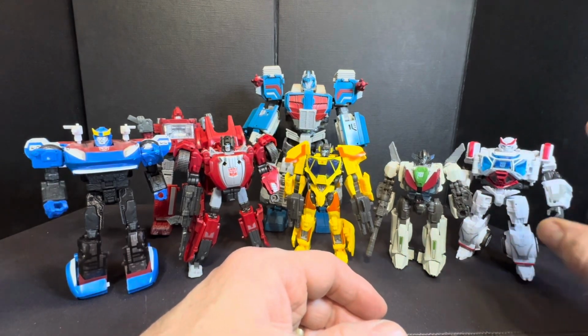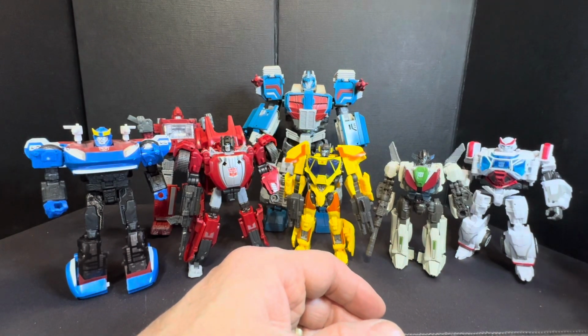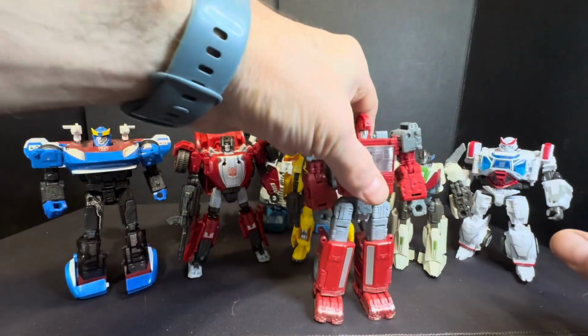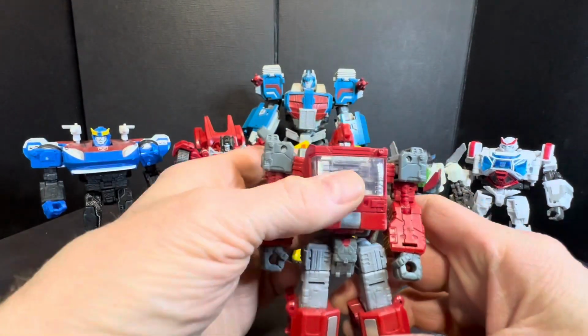This is great, except it's short. And there's an oversized one, but he's MP scale. So he's actually way too big, he's like 9 inches, which is a bummer. I got the Siege Ironhide here, which I really like. And going forward, he's going to be my